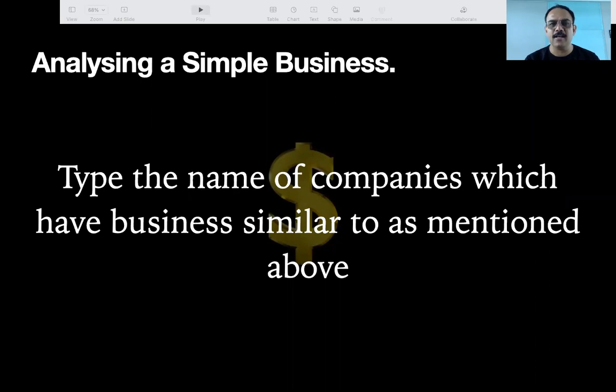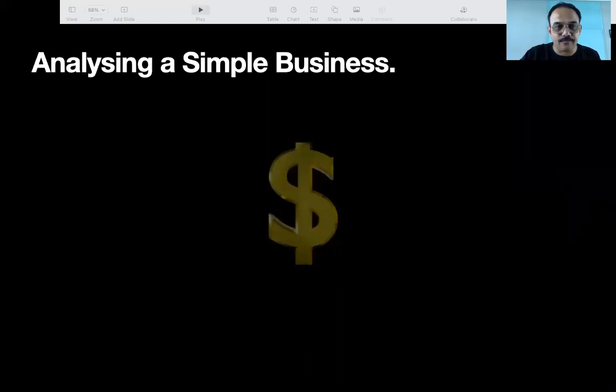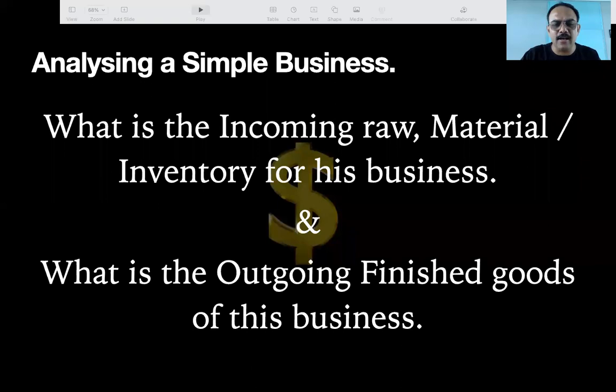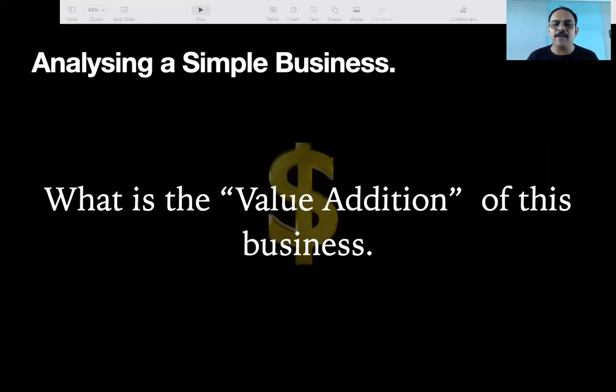Pharma, future retail, even car manufacturers. Can we say car manufacturers also? They bring in the material, manufacture the car, sell the car, take the money, bring the material, make the car, sell. Can we say all soap making companies take the money, make the soap, sell the soap, reinvest? All fertilizer companies take in the material, make the fertilizer, sell, rotate. Yes, all companies. So one thing we say: incoming raw material, make it good, and then outgoing finished goods. So what is the value addition he is doing?